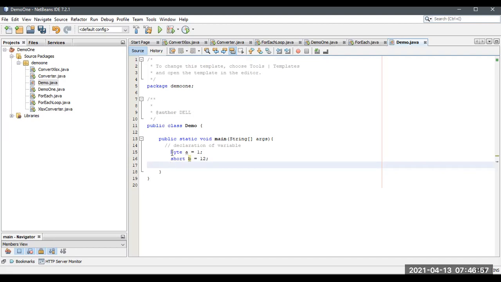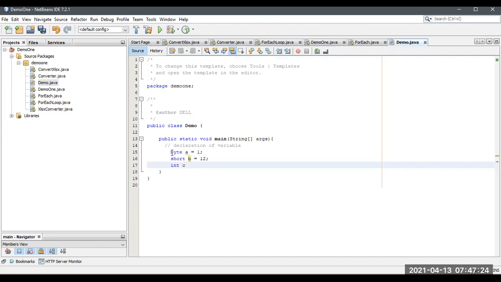Similarly for the short, next for the integer, and next for the long. All these data types have a particular range from -x to +x. This range is assigned when we declare a variable, and the type should be the data type. Okay.